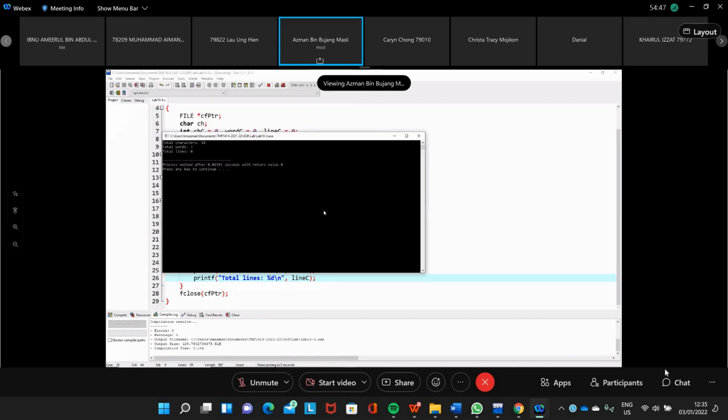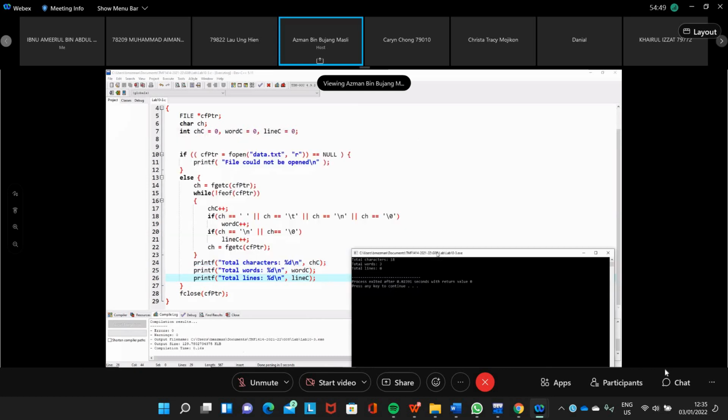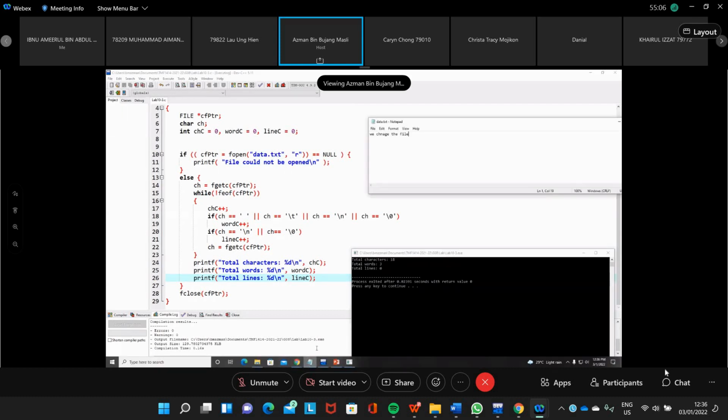So if you look at the output here, we have total 18 characters. Total words is 3, but we have 0 lines. Meaning that the number of lines is incorrect. This is because when you read the file, end of file sits at the end of the line.